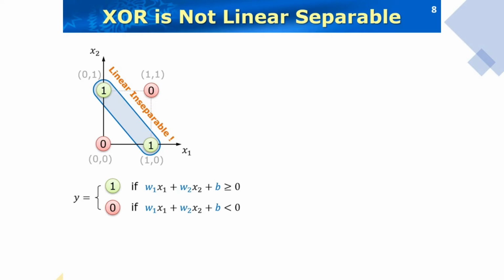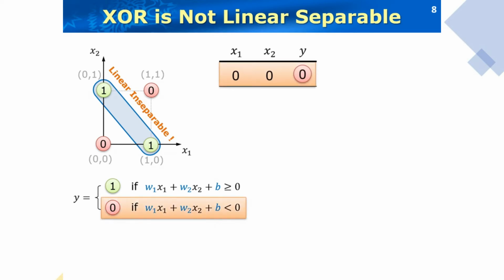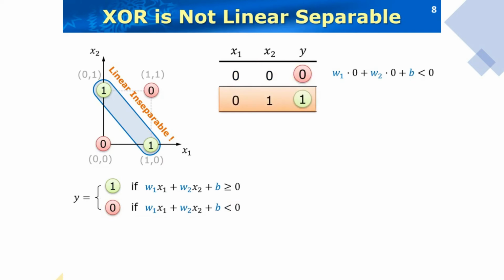To theoretically prove XOR cannot be emulated by a single layer perceptron, let's take a look at its truth table, row by row. In the first row, the output y is 0, meaning that the neuron does not fire when x1 and x2 are zeros. Thus, you substitute x1 equal to x2 equal to 0 into this orange branch to get the following inequality. In the second row, the output y is 1, implying that the neuron will fire when x1 and x2